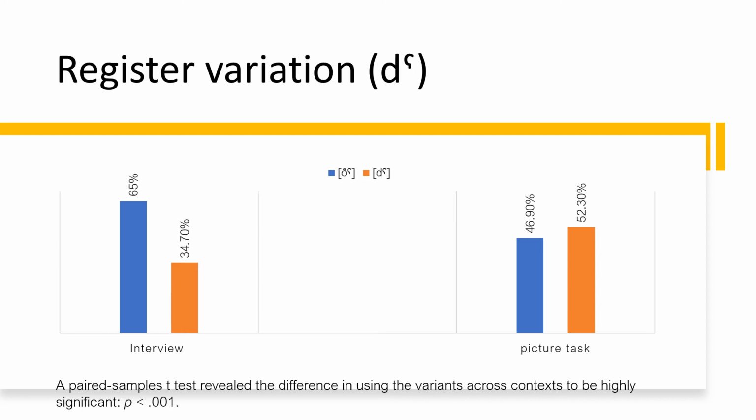The is realized as the in Standard Arabic, obviously, but it's realized as the interdental fricative in the local dialect of the community. But as you can see here, speakers use their local variant a lot less in the picture naming task, which suggests that they are aware of the standard variant here. So here, obviously, with accommodation, we were looking at the and the as realizations based on local versus urban, but here it's local versus standard.